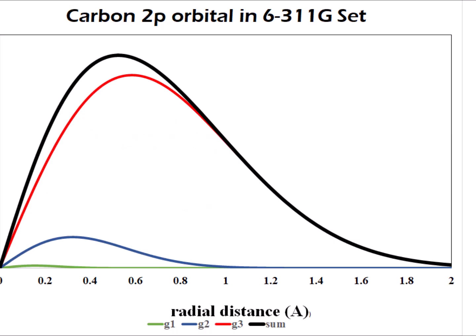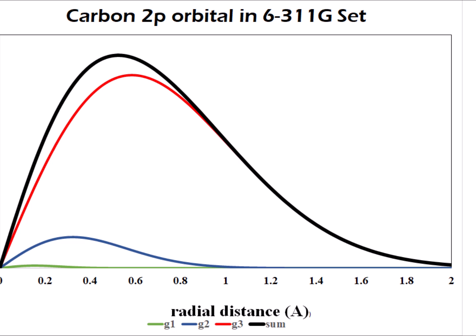Here is a plot of the three Gaussians. Again, in green, we see one very, very small, which doesn't contribute a whole lot. It's hard to see on this particular figure, but we can see the individual Gaussians, and then in black, the linear combination, which represent the 2p orbitals